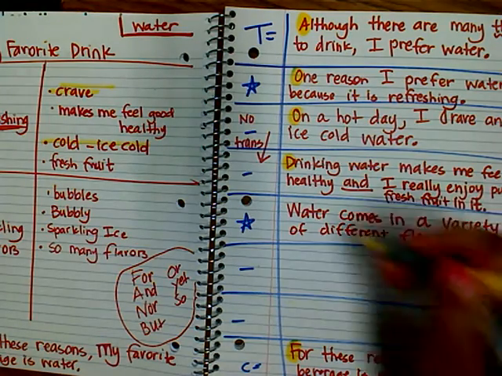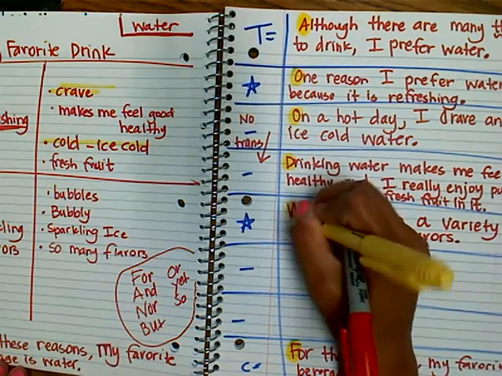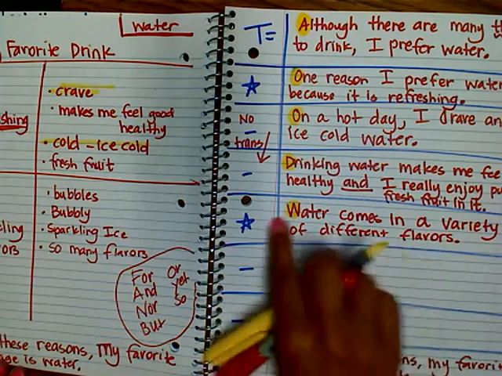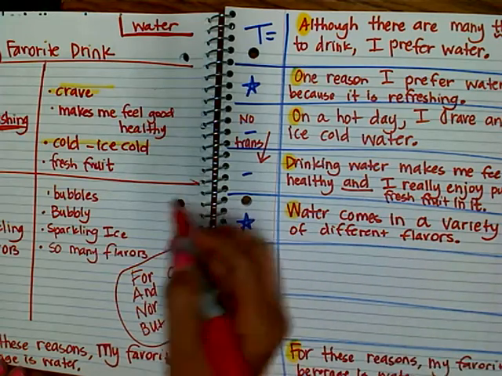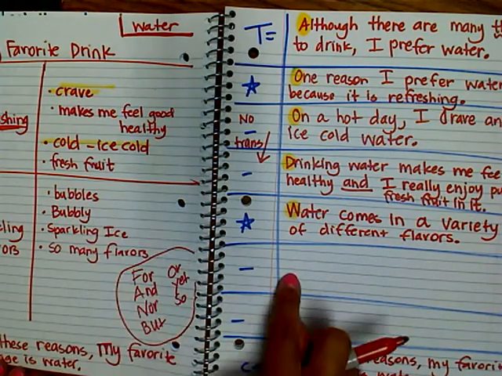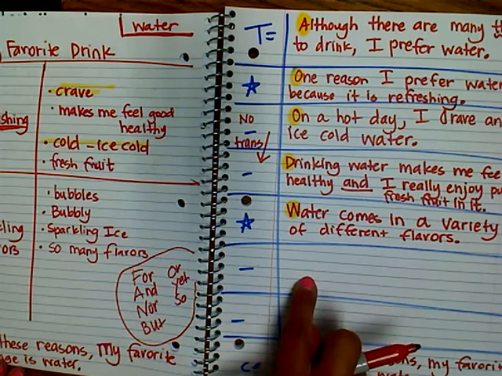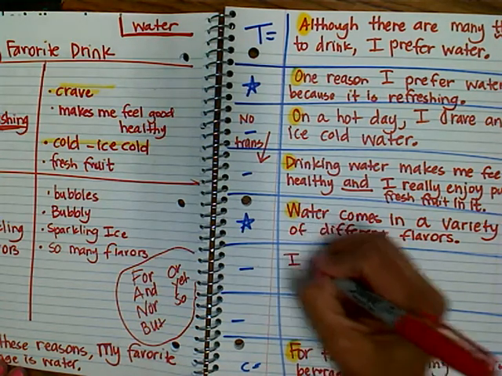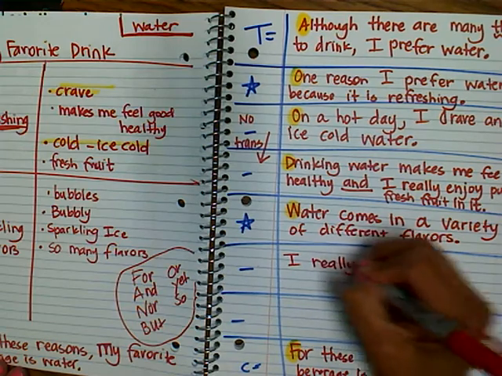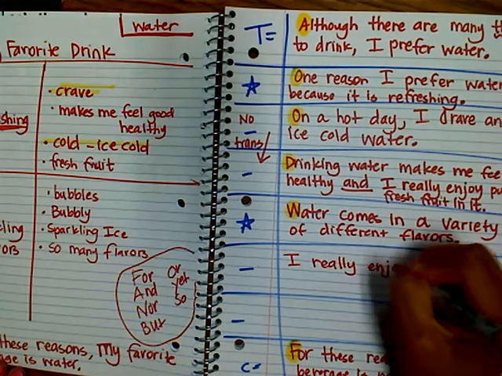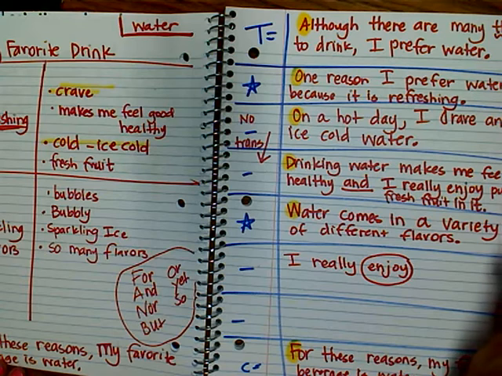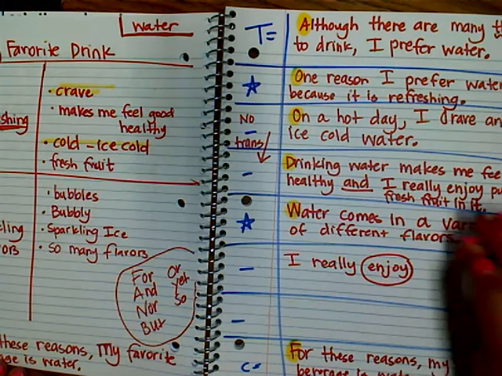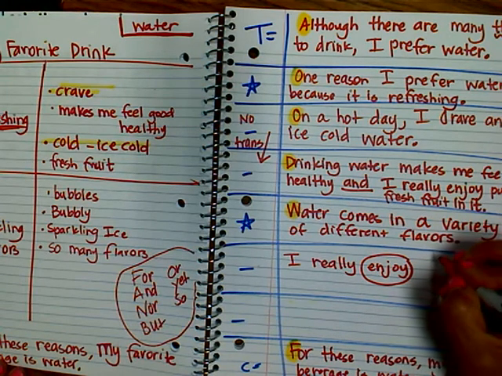Okay, I'm gonna come back here, I'm gonna make sure that's capitalized, I'm gonna make sure I have a period. Very, very simple, check it. I'm gonna come back over here and write bubbles is not a sentence, right? So, I'm gonna have to make it. Oh man, I use this word enjoy a lot. I'm gonna circle this, and when I'm done, I'm gonna see if I can look in the thesaurus for another word for this word enjoy. Enjoy, okay? I really enjoy